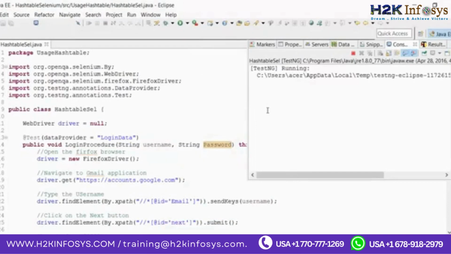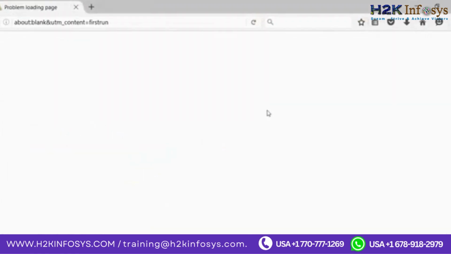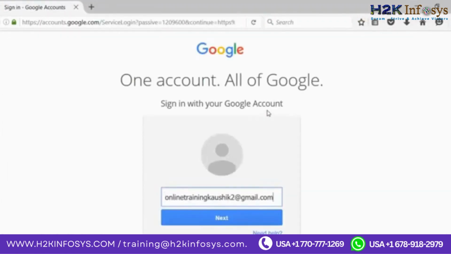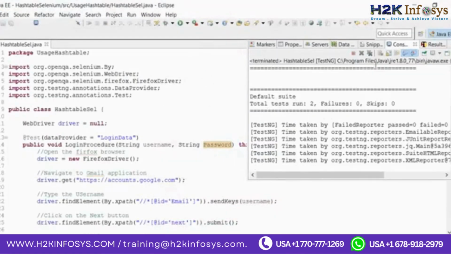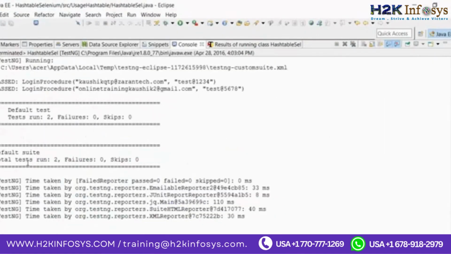Close the browser, again open up the browser. Next time it runs, it will take online training Kaushik2@gmail.com, and the password for that, I have purposely given a wrong password for both because I don't want to indulge repeating that again. So it's saying that the number of test runs is 2 because the test annotation method